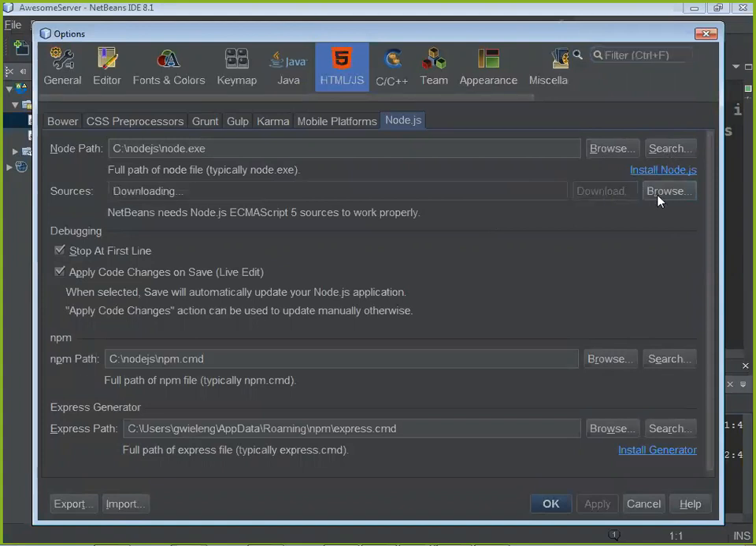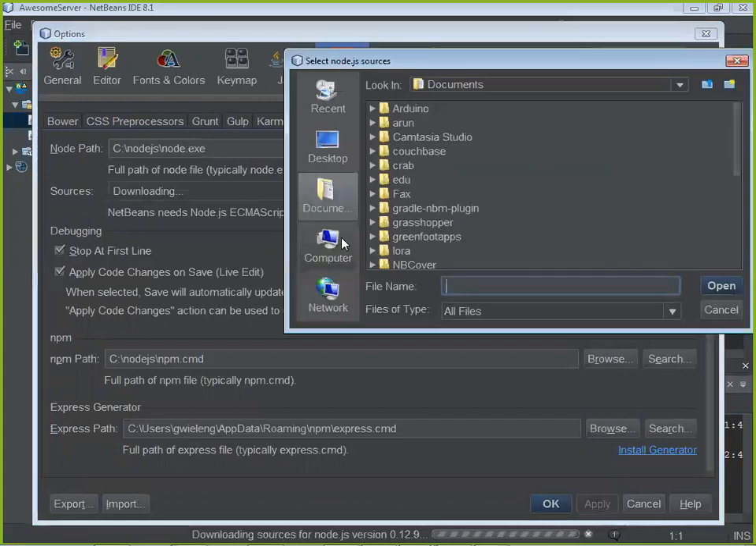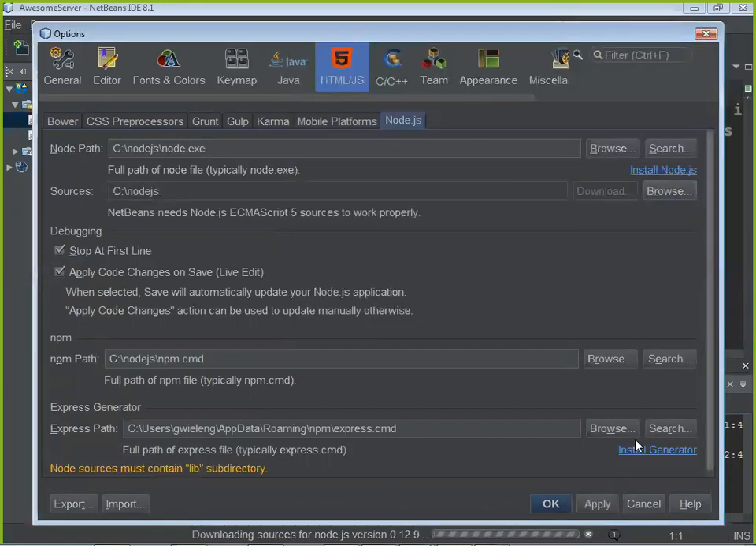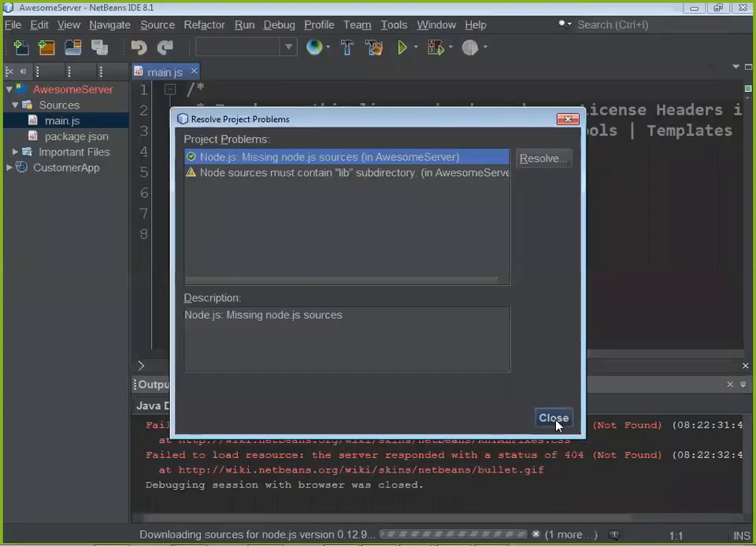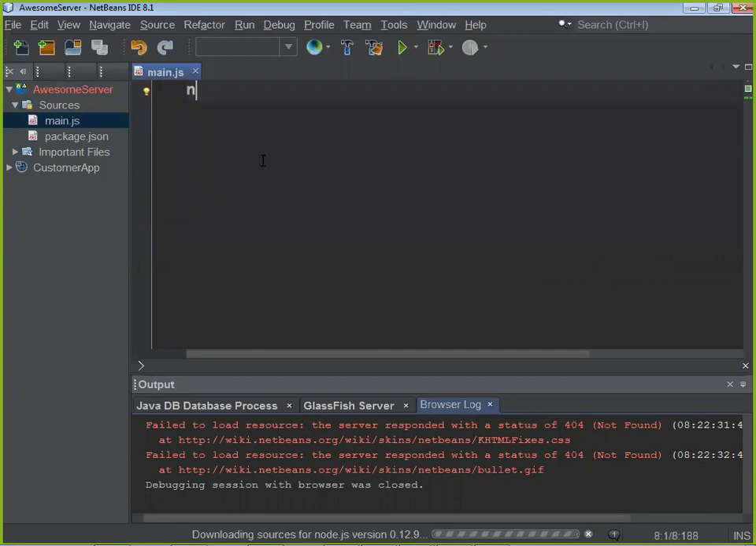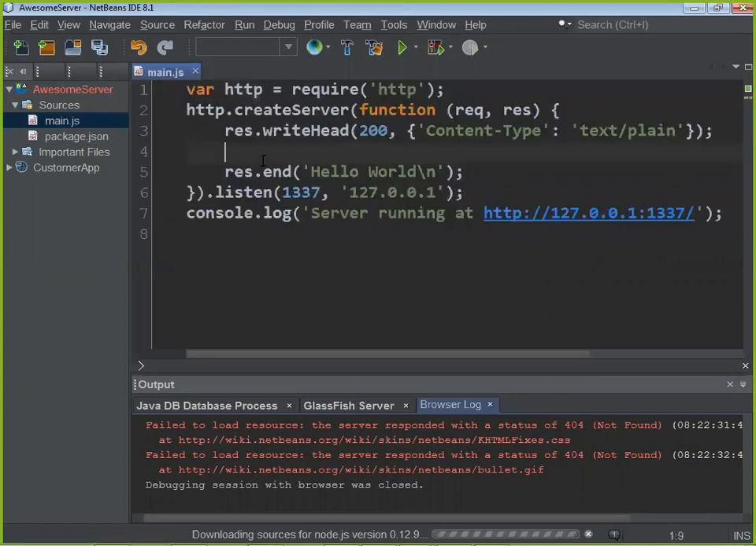So I think I need to get the sources. Wait, not download them, but let's see, Node.js. So just get the sources. Apply. Okay. So anyway, here's my main JS. So I can type a node HTTP. Okay, server is finished. That's JavaScript. That's a server in Node. But what's cool is